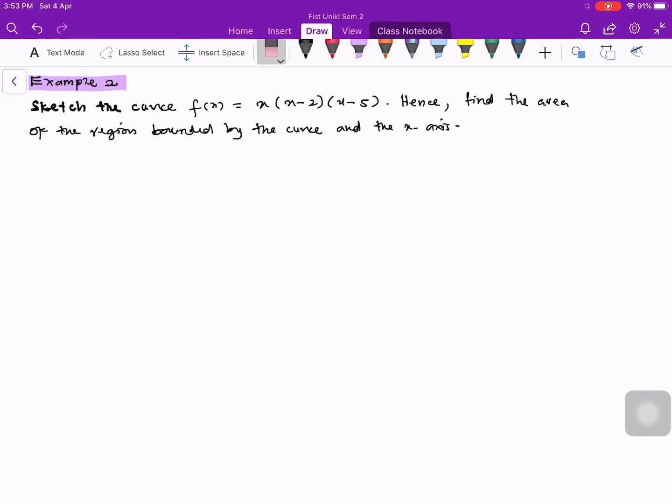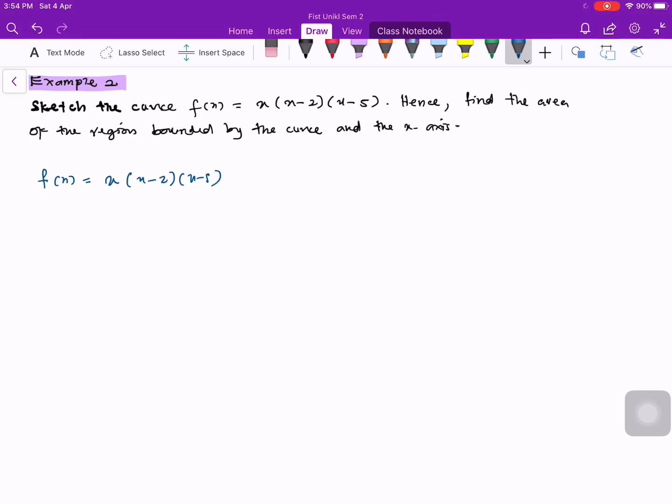Sketch the curve f(x) equals x times (x minus 2) times (x minus 5). Hence, find the area of the region bounded by the curve and the x-axis. Alright, so first of all we need to sketch the graph of f(x). We know that this f(x) is a cubic graph, x to the power of 3. It is a polynomial function. So to sketch the graph, the first thing we do for this f(x), where f(x) equals x times (x minus 2) times (x minus 5),